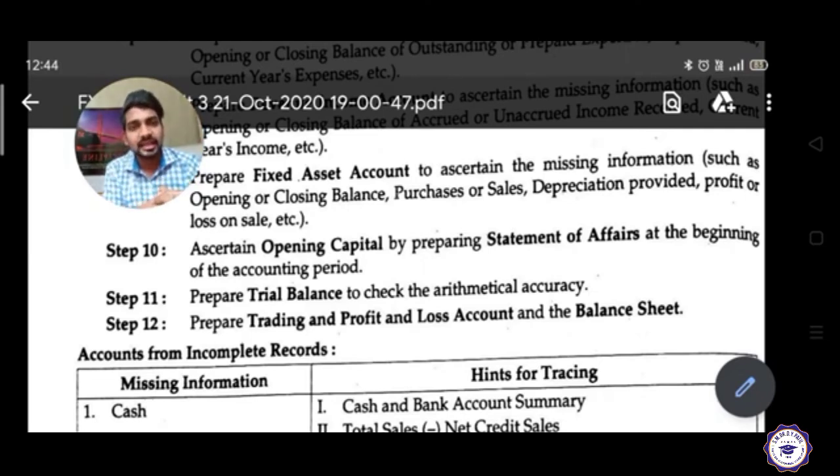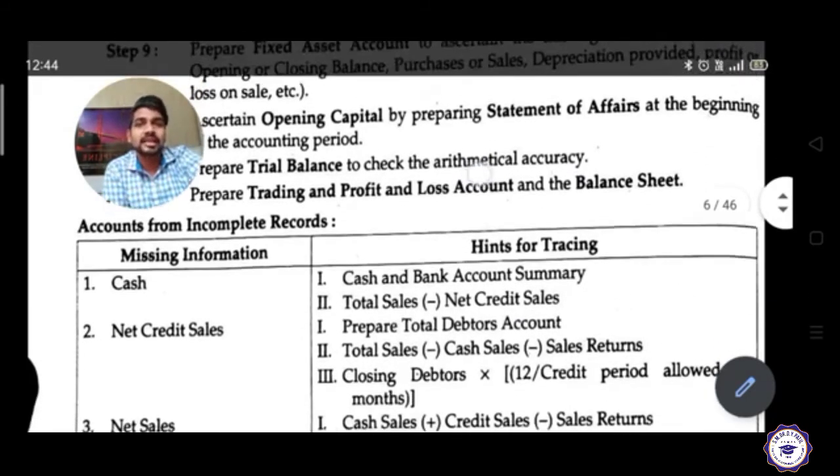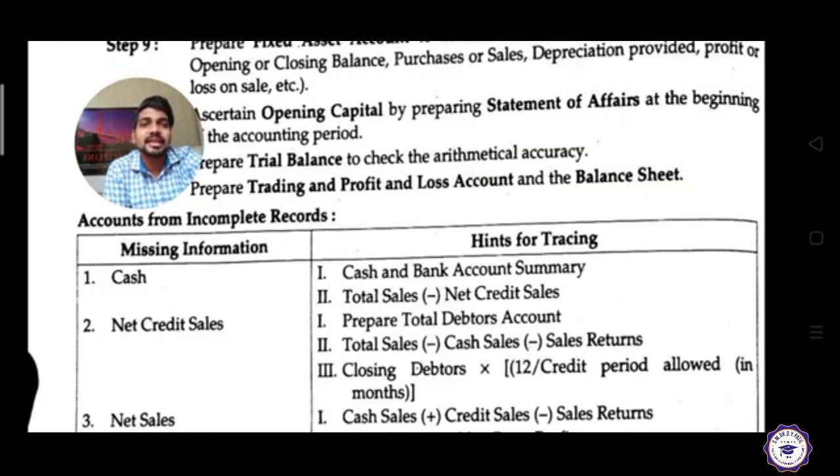So स्टूडेंट्स, नीचे एक स्टेटमेंट दिया गया है, उसको आप अच्छे से स्टडी कीजिए, go through कीजिए, अपने नोटबुक में वो स्टेटमेंट को पूरा ड्राफ्ट कीजिए, ड्रॉ कीजिए और समझिए कि अगर कोई इन्फॉर्मेशन मिसिंग है तो उसको हम लोग फाइंड आउट कैसे करेंगे under single entry system। उसको हम लोग कन्वर्ट करते टाइम, कन्वर्ट कैसे करना है डबल एंट्री सिस्टम में, ये हम लोग देखेंगे। यहाँ पे देखिए, अगर कैश मिसिंग है तो आप कैश को कैसे फाइंड आउट कर सकते हो, वहाँ पे hints of tracing करके दिया आपको।